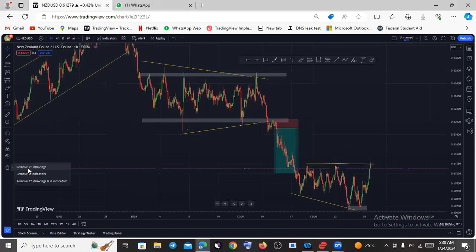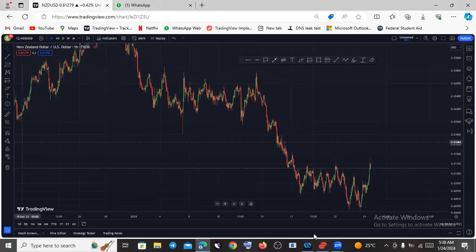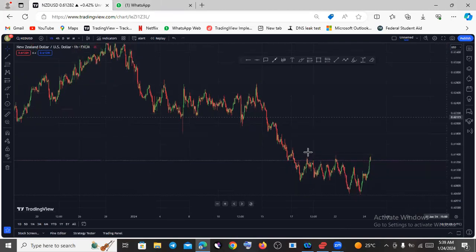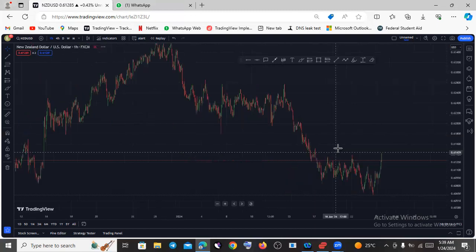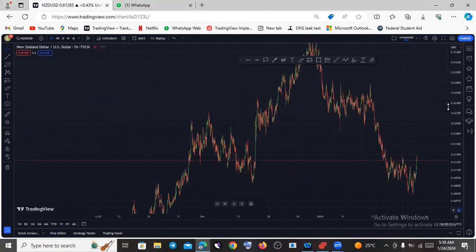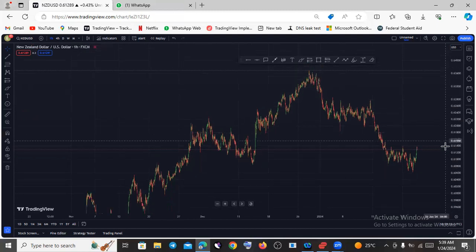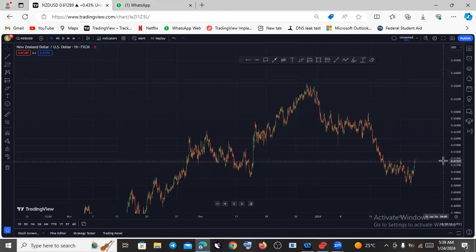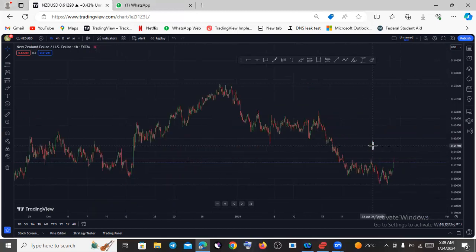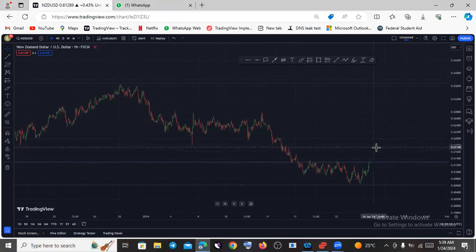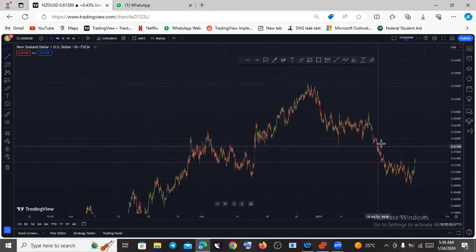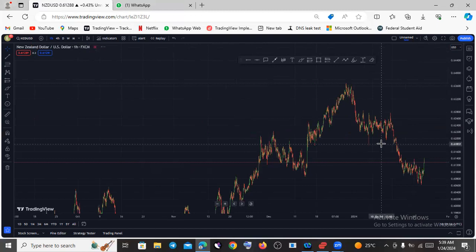So let me remove all these and we continue from where we left. I told you to draw the structures on the corrective phases, and you did a very nice job. So I was happy. But now, one thing I just wanted to show you: if you want to get all the structures well done, you have to zoom in and zoom out. You zoom out, you zoom in. Because when you zoom like this,